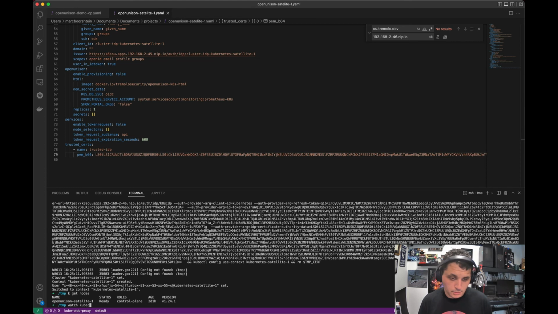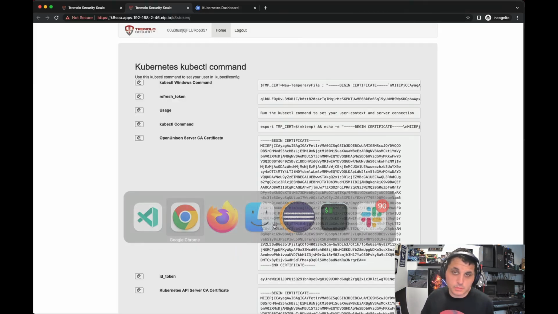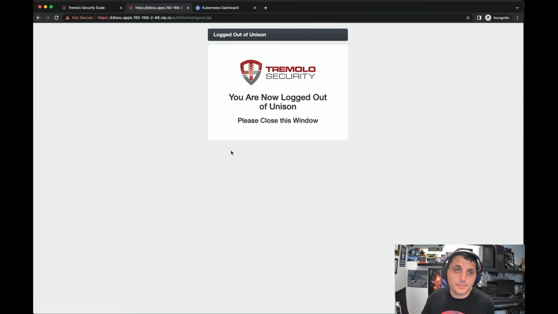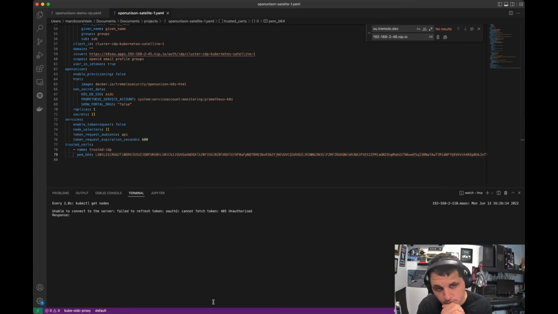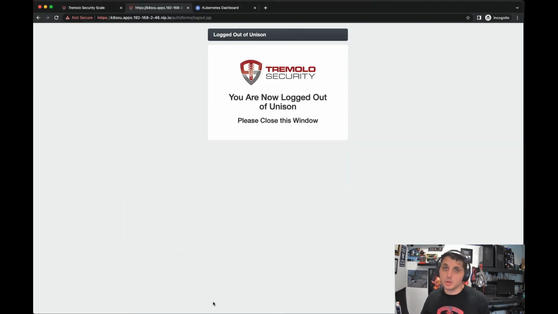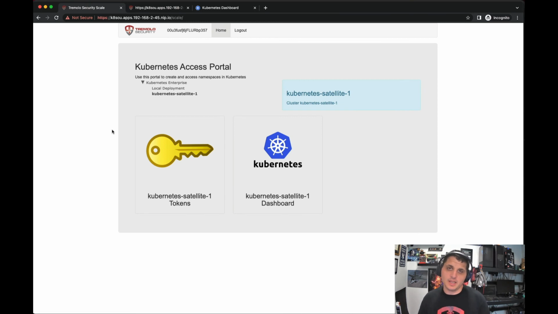So I'm going to do watch kube control get nodes, and then just as before, I log out. And within a moment or two, we're going to find that I can no longer access my satellite because my session was killed. And there we go. Session died. Couldn't refresh the token anymore. So we have gone ahead and onboarded a new satellite, accessed the dashboard, accessed kube control, was able to log out, all without having to create a new trust or set up Okta or have to do anything with OpenID